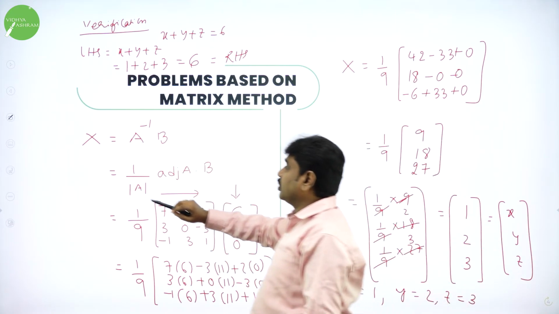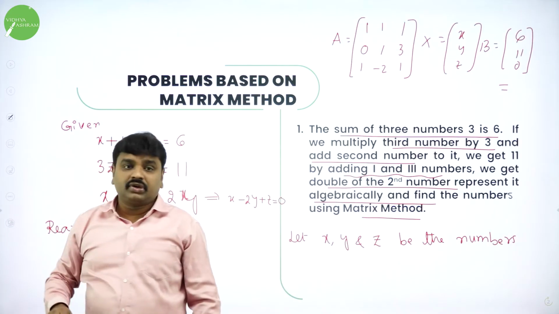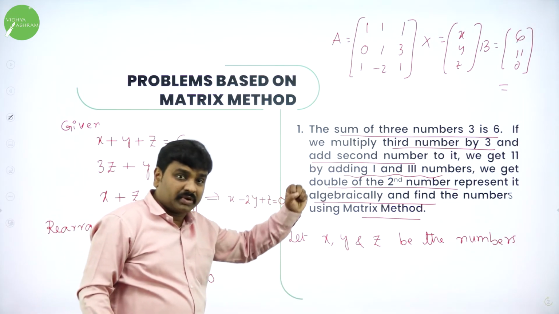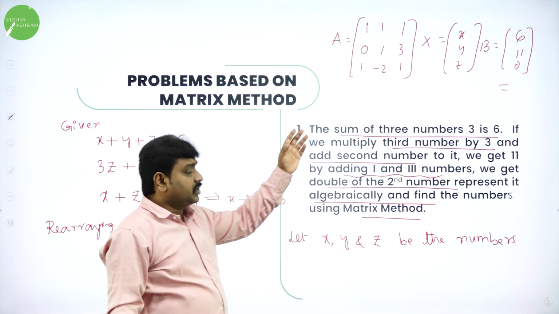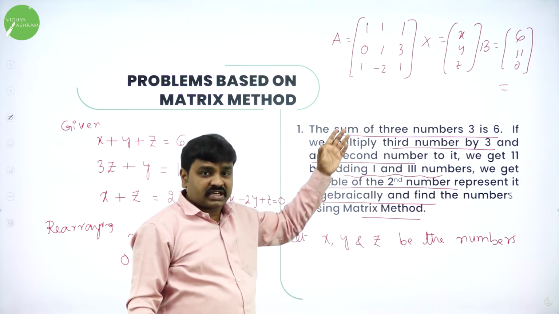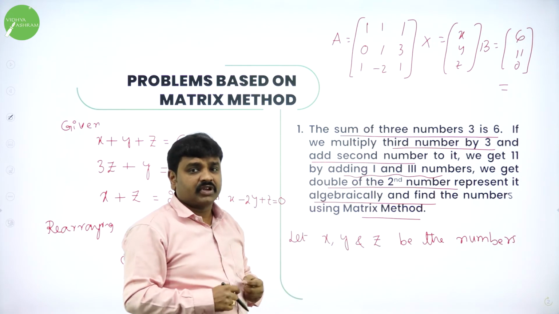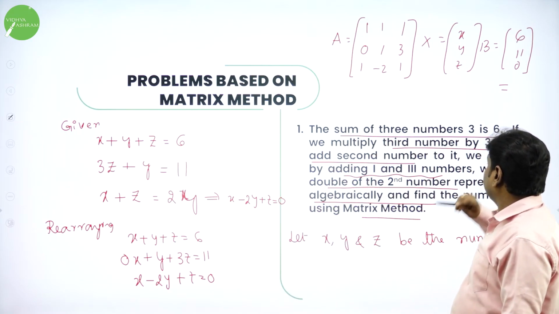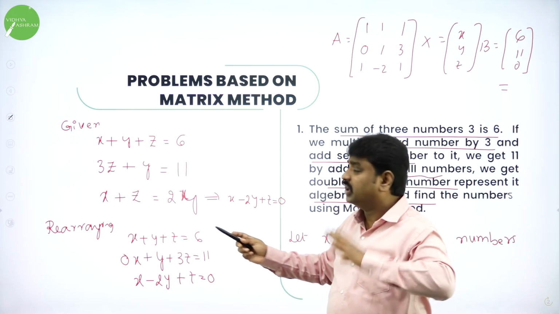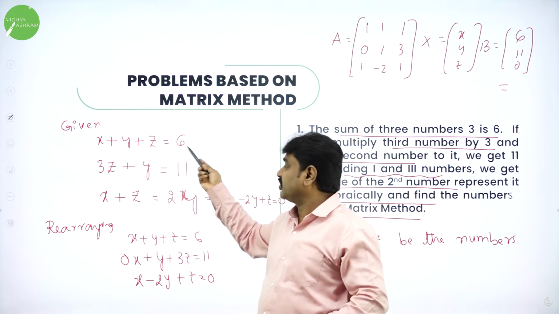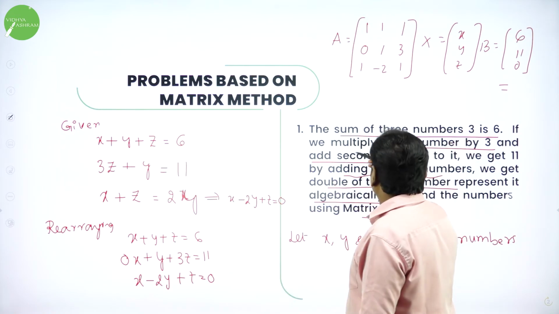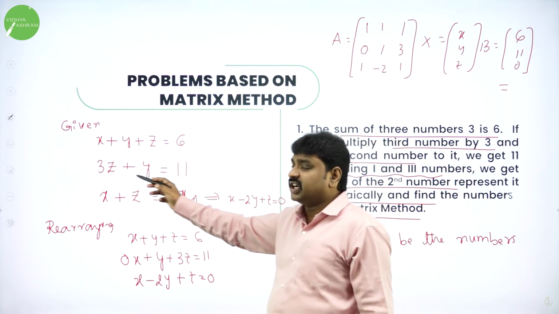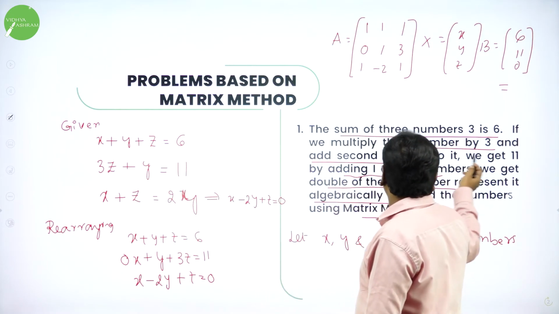So let me explain the whole process. Sorry, in today's class I started with this first problem, an interesting problem. What is that? They gave a word problem, a statement, and you have to convert it into an equation algebraically. They told: find the three numbers whose sum is 6. So I assumed the numbers as x, y, z. x plus y plus z. Sum means what? Is 6. And they told if we multiply the third number by 3, meaning 3 times z, and add it to what?